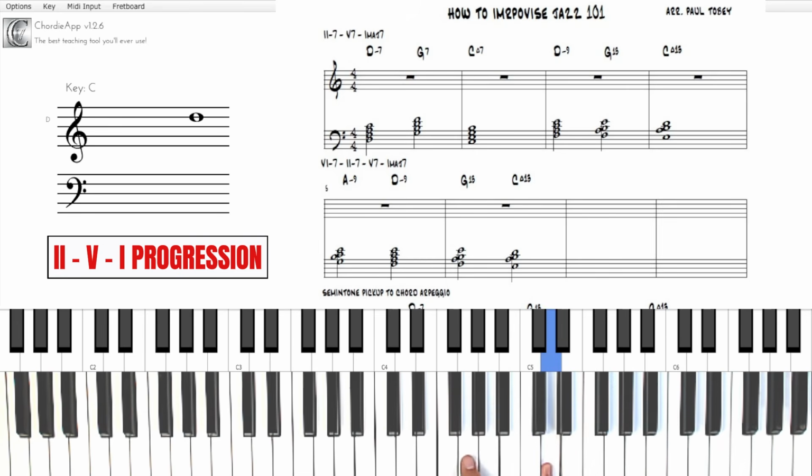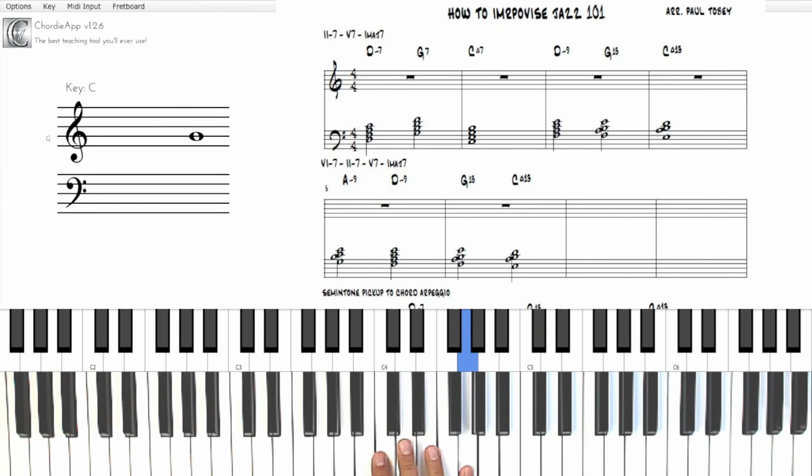D to G, down a fifth, to C. That progression is very common in jazz. It represents about 80% of everything that you need to know. And of course, jazz is a series of chord progressions, and the most common progression is a 2 minor 7th chord. And the reason for that is if we start on 2 and we build our chord in tertian harmony,